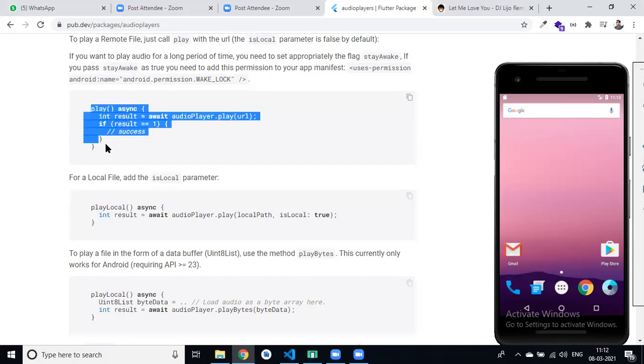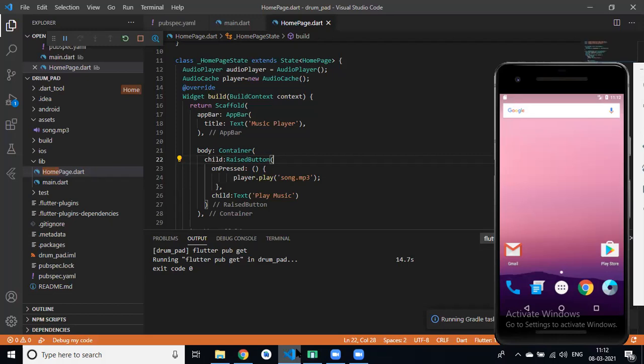So create a music player. Your assignment is this. Simply create a list tile.